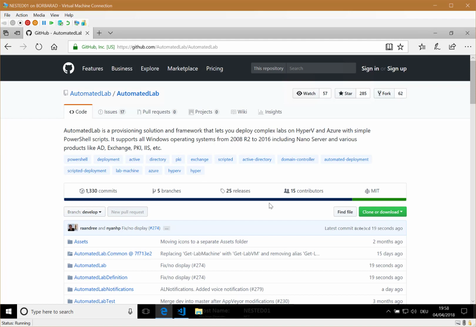basic lab. In the upcoming videos that we will release, we'll show you what you can do with all the helpful commandlets provided by Automated Lab, not only regarding labs, but also regarding your own infrastructure basically. How to implement the release pipeline in Automated Lab, which we'll also demo at PSConf EU 2018. What Automated Lab can do for you Linux admins out there. How to create a hybrid lab to test failover scenarios to the cloud. And how to add your own custom roles to Automated Lab, and much, much more. So without further ado, let's get started.